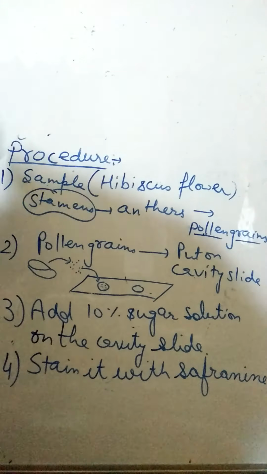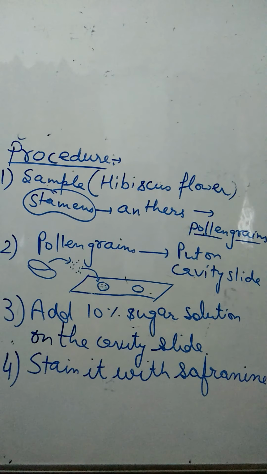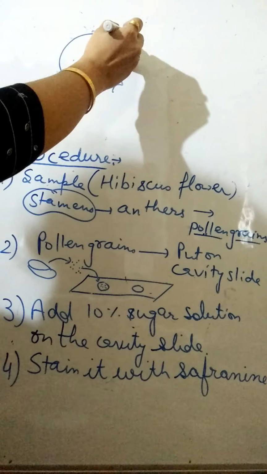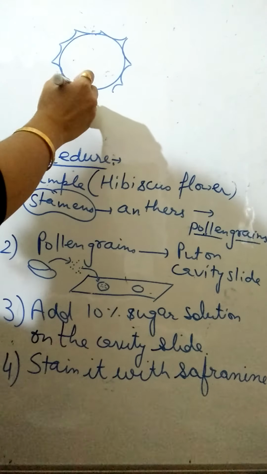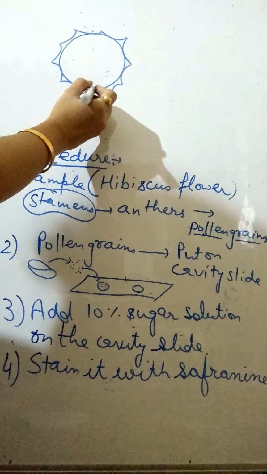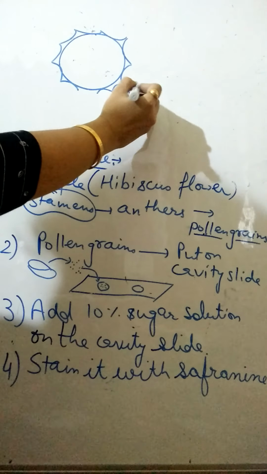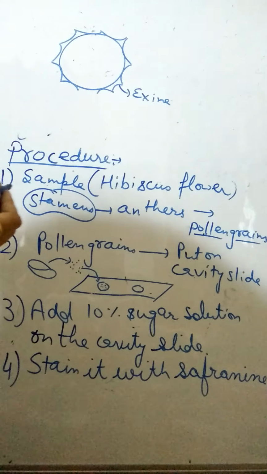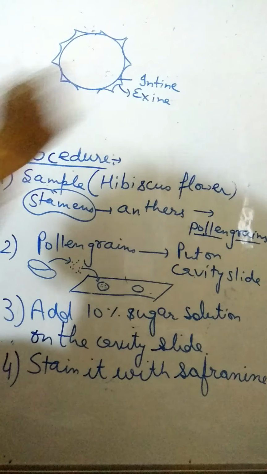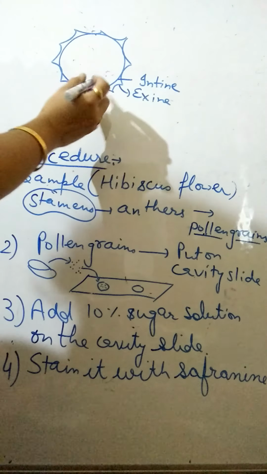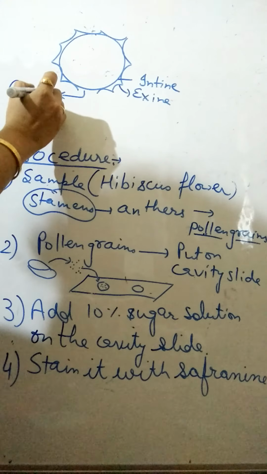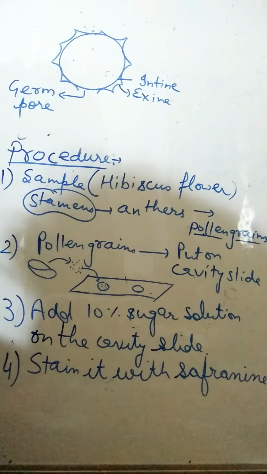When you observe the slide after 5 minutes, you will see that this structure is called the pollen grain. It can be seen on the slide very clearly. It has a germ pore, this particular space which doesn't contain exine. As you know, there are two layers of the pollen grain, exine and intine. Right? And the pollen tube formation takes place through this particular pore. We call it the germ pore. Whenever